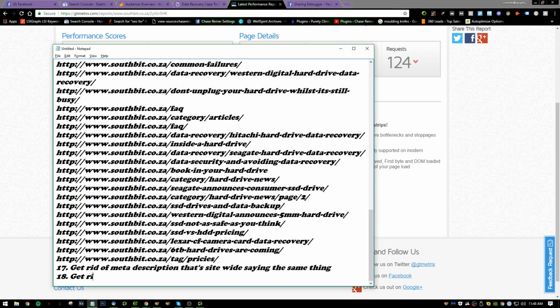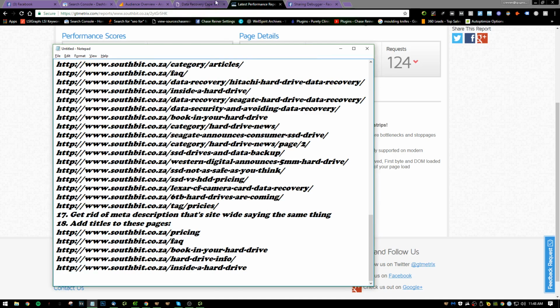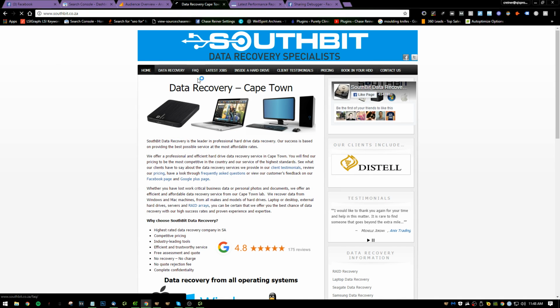18, get or add titles to these pages. Before we keep going, I did want to look at those pages specifically. So if we go into these other pages,